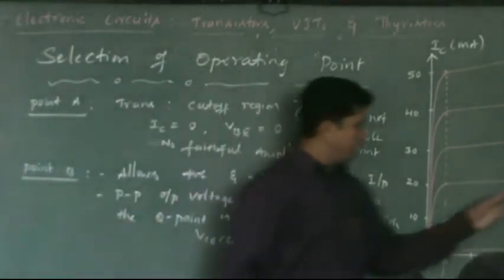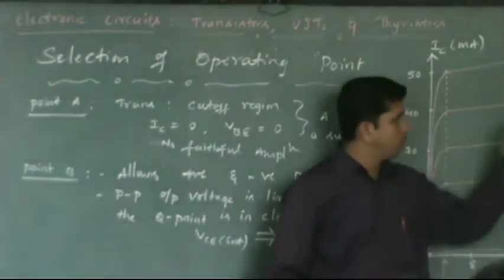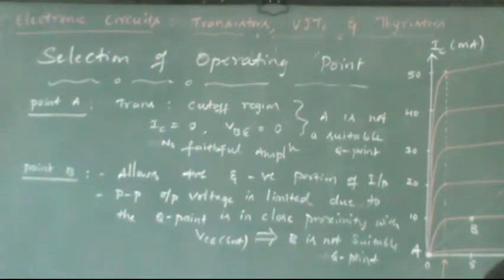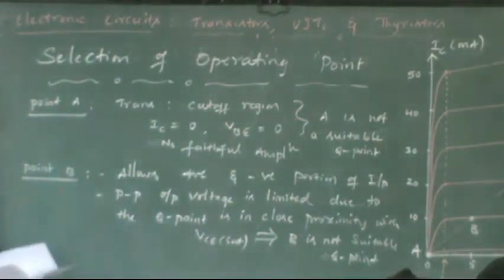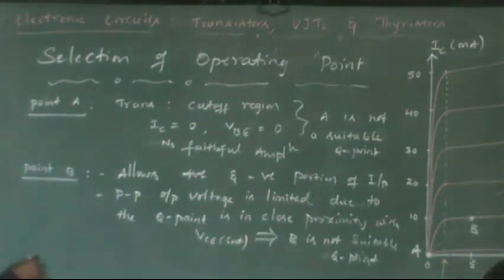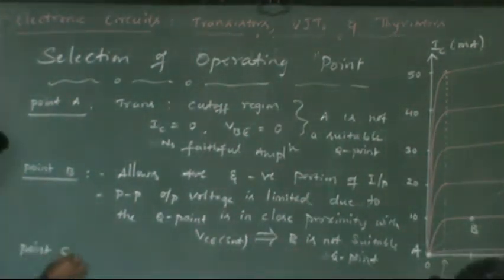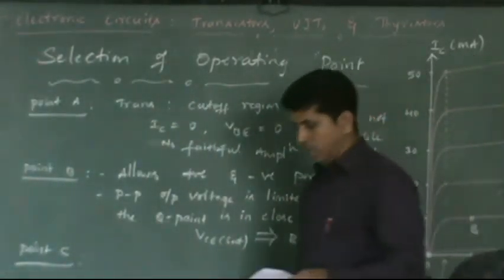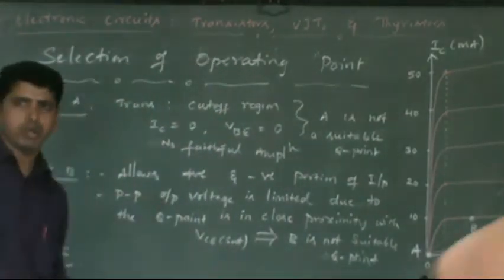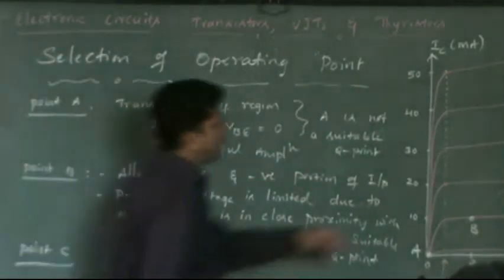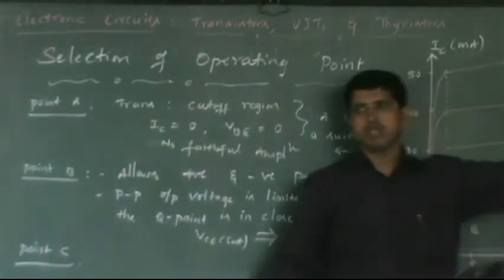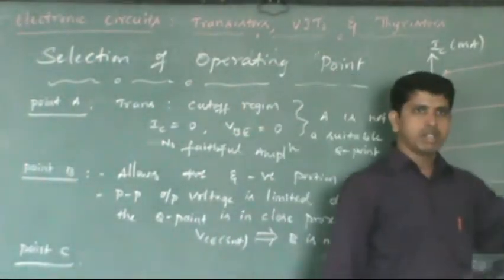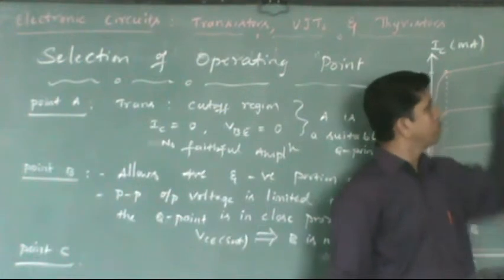We know that D is a very good, suitable operating point, but first we'll go for C. Analyze C, later on we can come back from point B to analyze point D. We can go for point C now. If this point C is a suitable operating point, can you tell me some of the drawbacks of point C? This also allows both positive portion as well as negative portion. However, you can see that this point C is very close to the power dissipation curve. This violates condition number 4. This is the maximum rating, the PD max, what we said. This is the PD max curve.